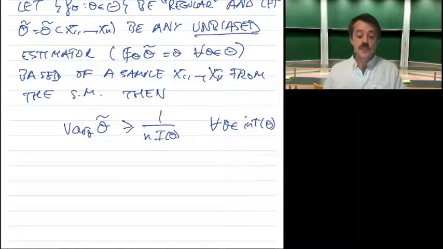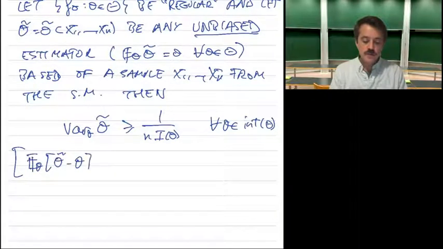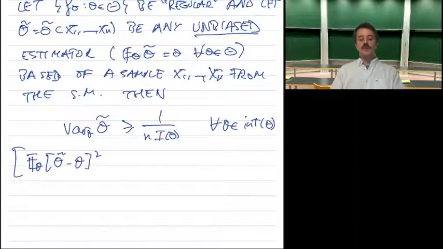Okay, so this variance of the estimator is the accuracy basically because of the following. So if we wish to measure the accuracy of our estimator theta tilde in the following sense, right? So if we take this